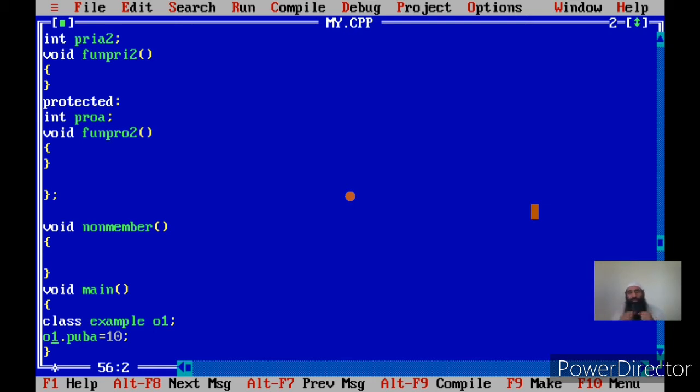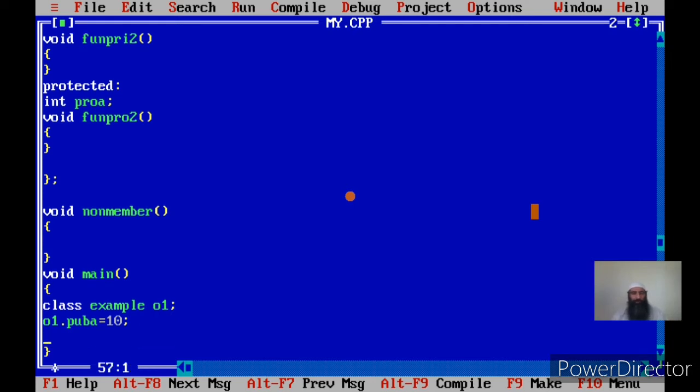So the fully qualified name is object name dot public A. This was accessing the class member by the non-member function, that is main. This is access at the function level.